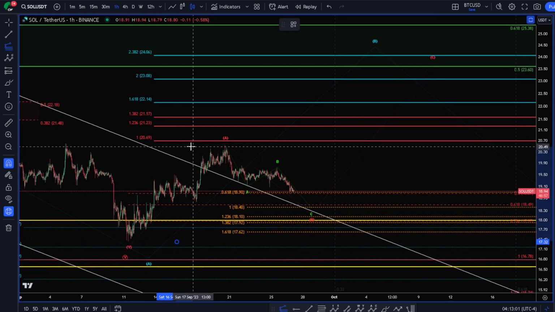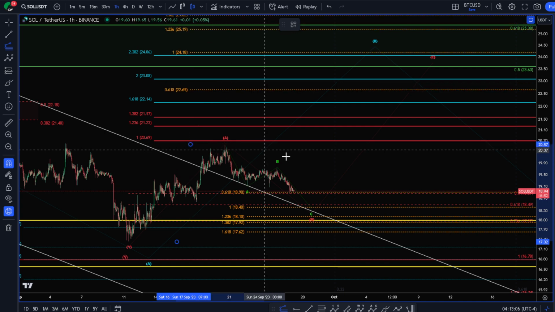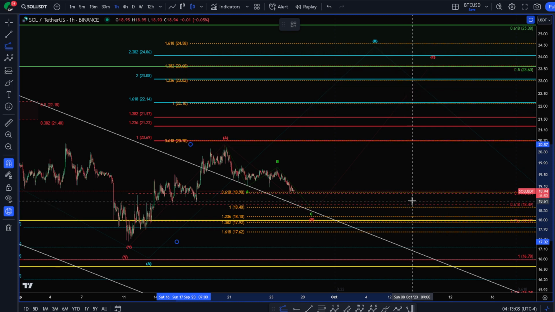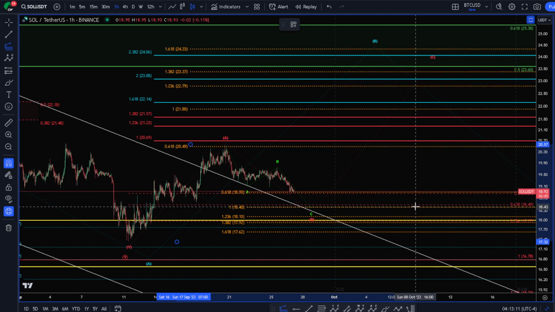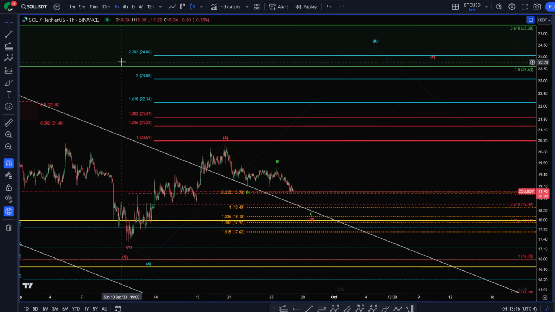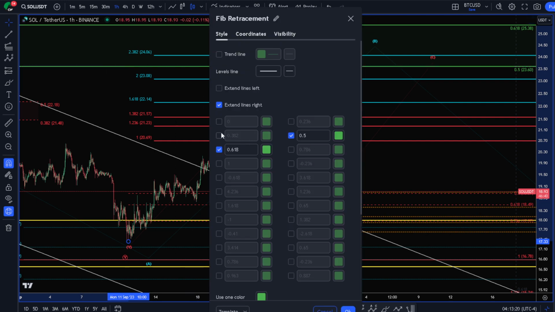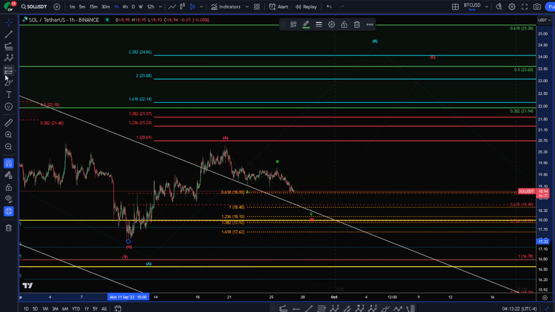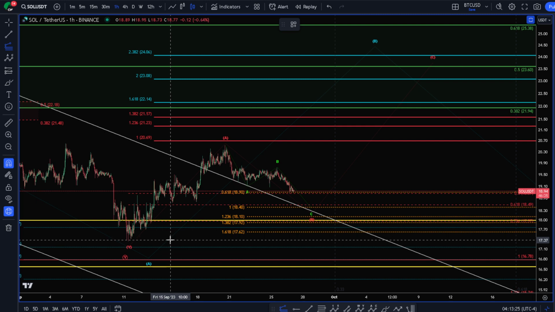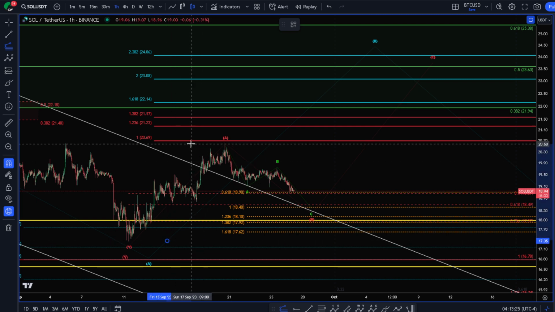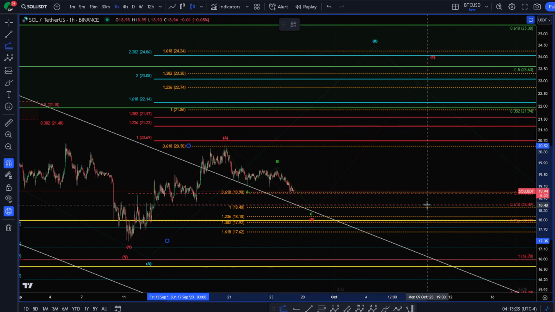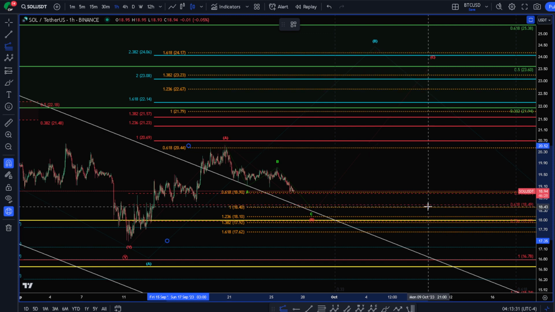This is the way you reverse navigate how you get somewhere. Will it make sense if we get to these levels? If we got to the 1-to-1 there, that would take our extensions probably to the 382, not even the 50. Throw that one on too, the 382. So we take from the bottom of our A wave to the top. If we were to hit the 1-to-1 down at the 618, in order to get past the 50,